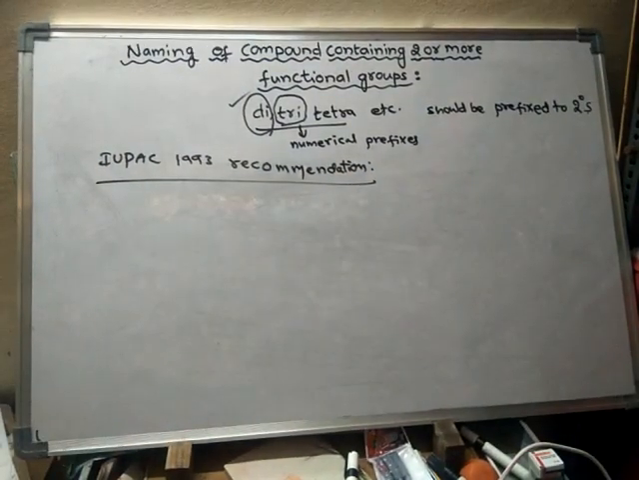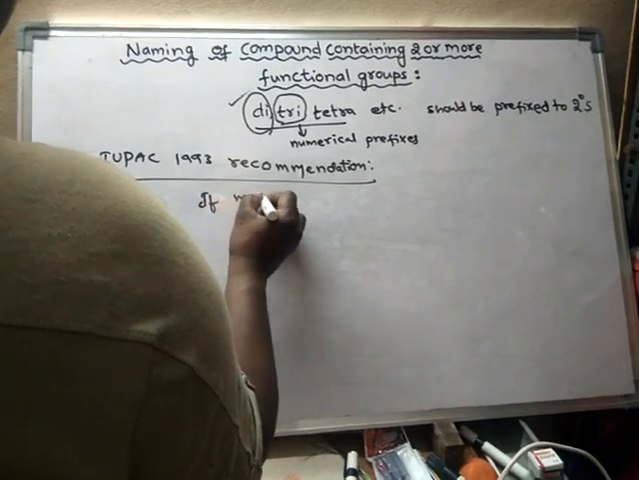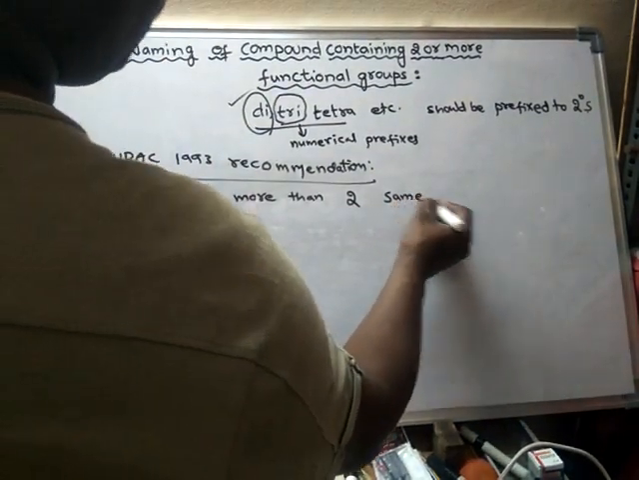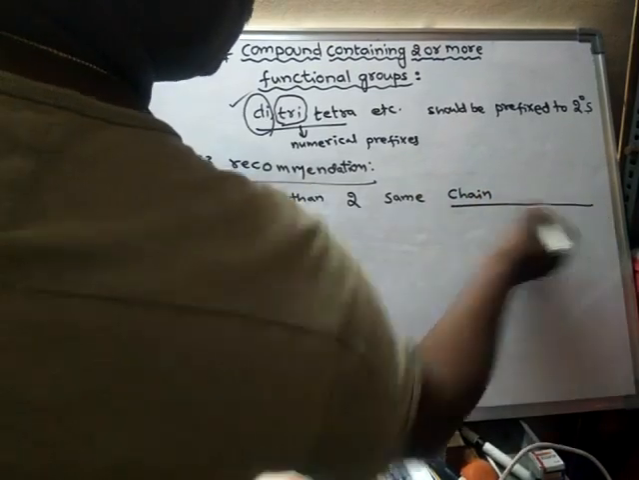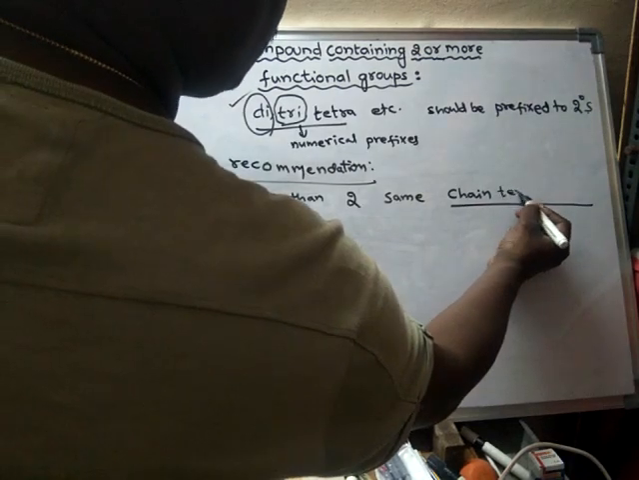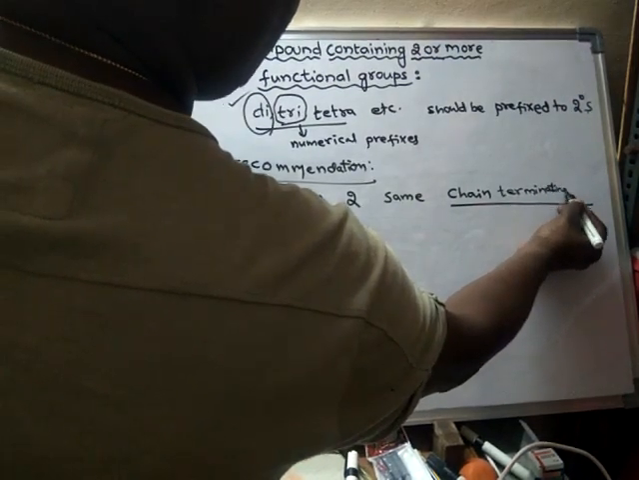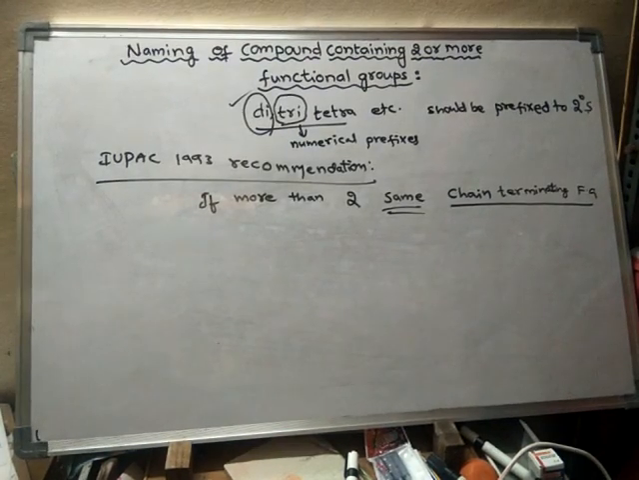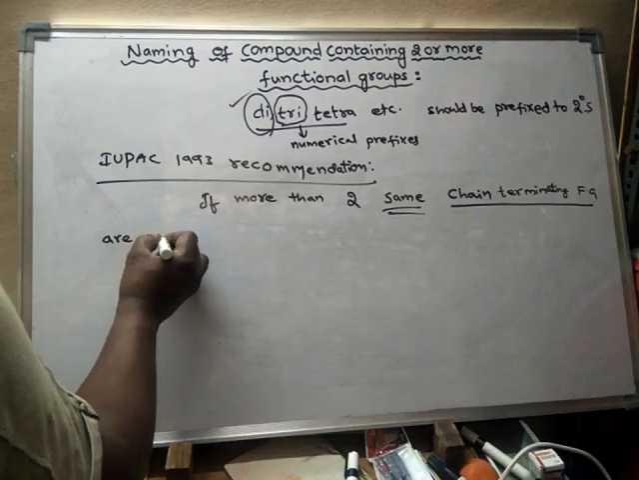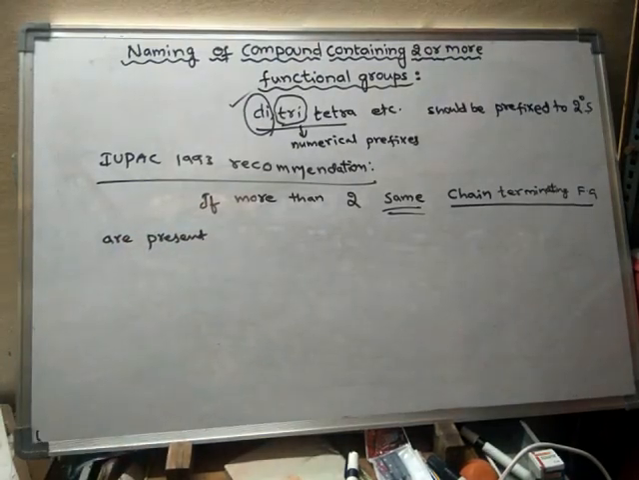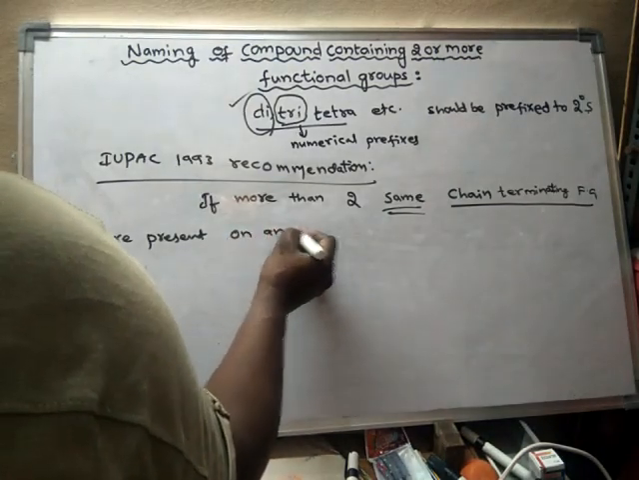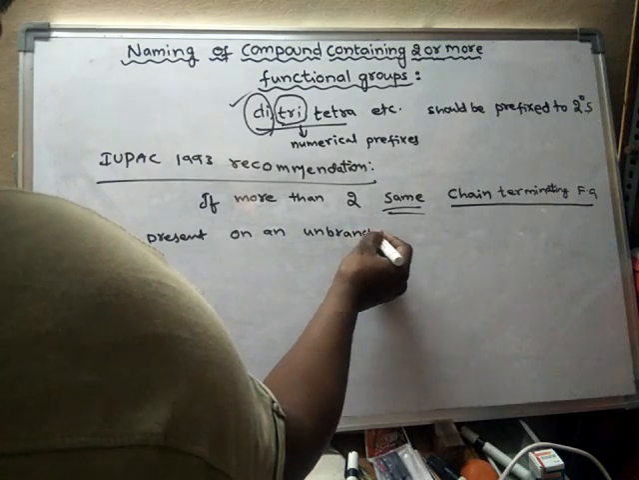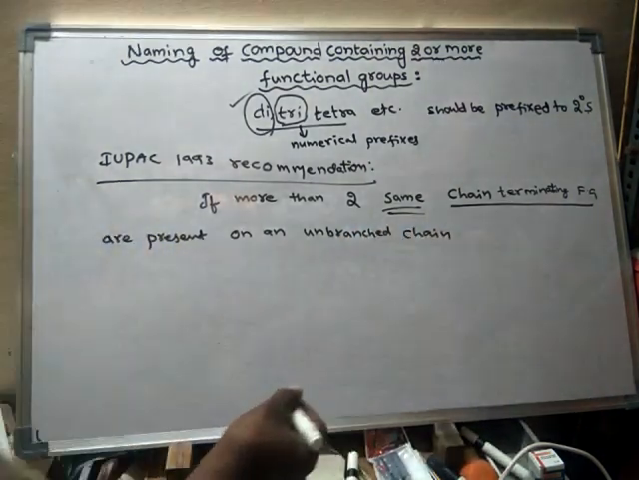If more than two of the same chain terminating functional group are present in a compound on an unbranched chain, remember, we are talking about chain terminating functional groups, then